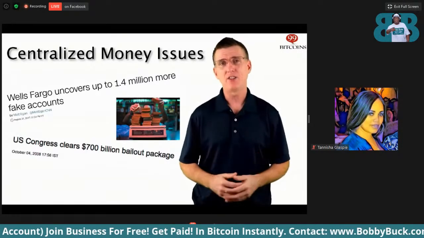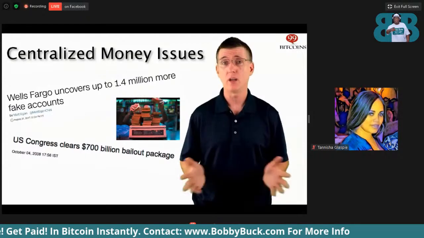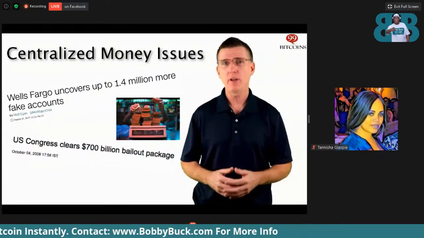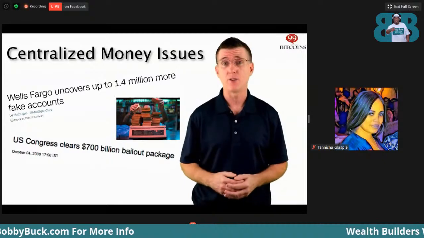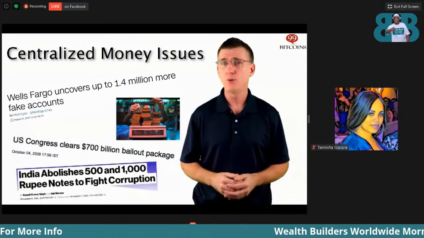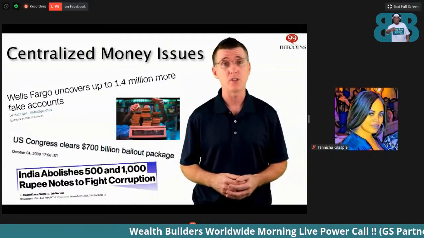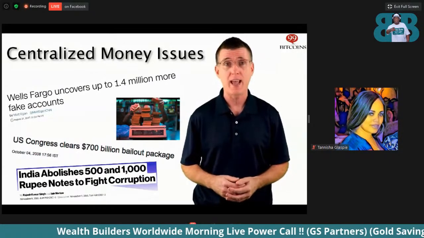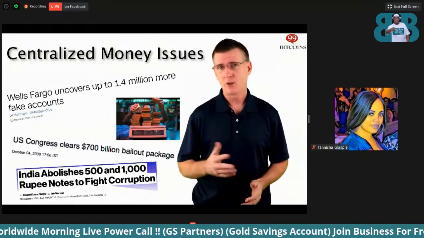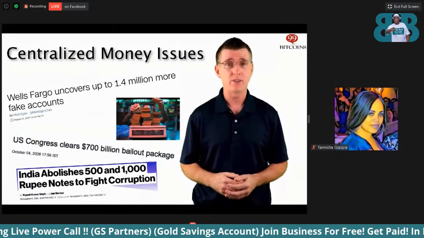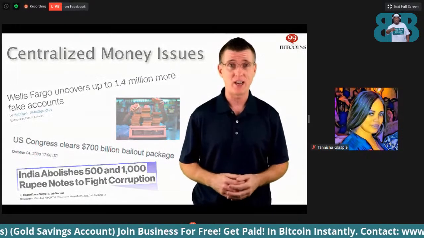The last issue is control. You are basically giving away all control of your money to the government or bank. At any point in time, the government can decide to freeze your account and deny you access to your funds. Even if you use only cold hard cash, the government can cancel the legal status of your currency, as was done in India a few years back. This was the state of things until 2009. Creating an alternative to the current monetary system seemed like a lost cause, but then everything changed.